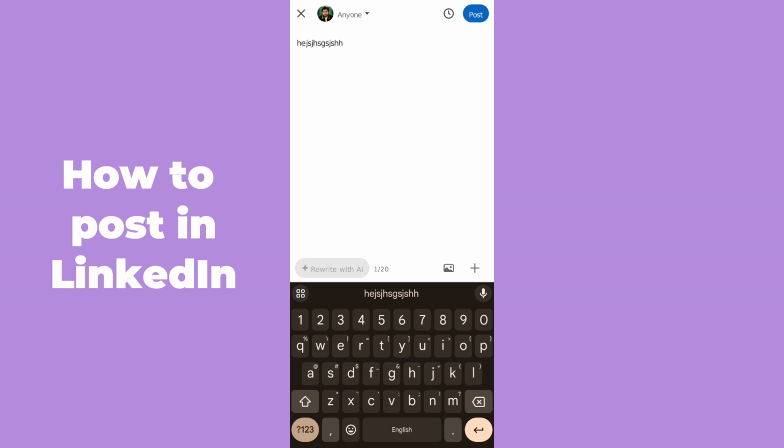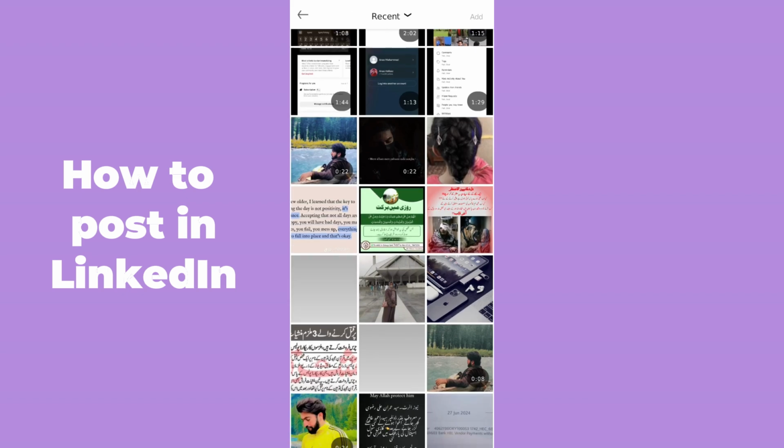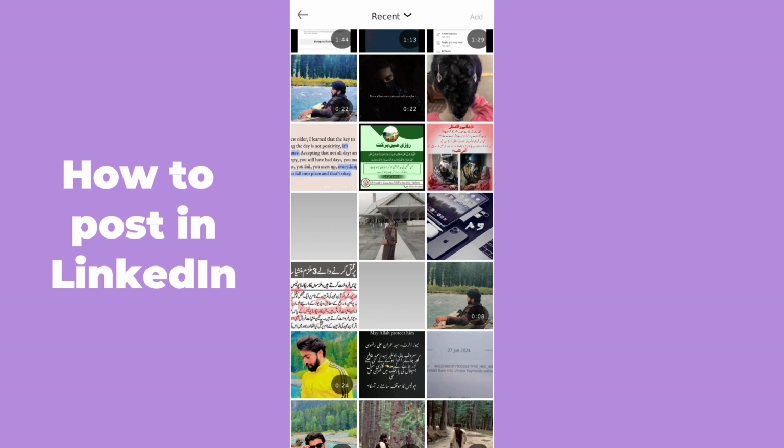If you want to add a picture or attach media, a video or a document, then simply click on this picture button, which is in the bottom right corner. Just tap on this option and you will be able to see your phone gallery open. Now simply select the specific media which you want to attach